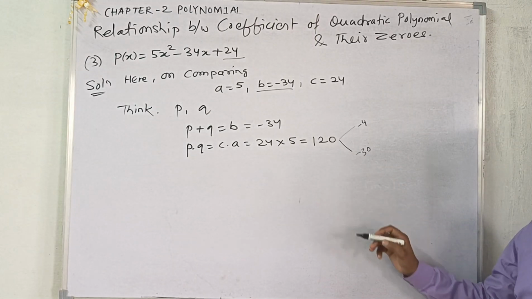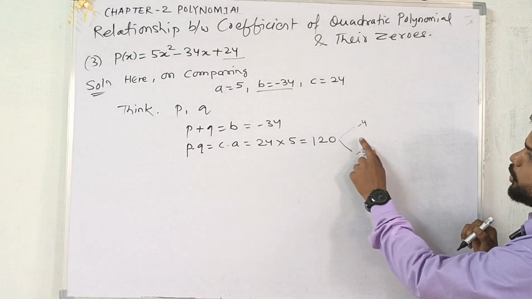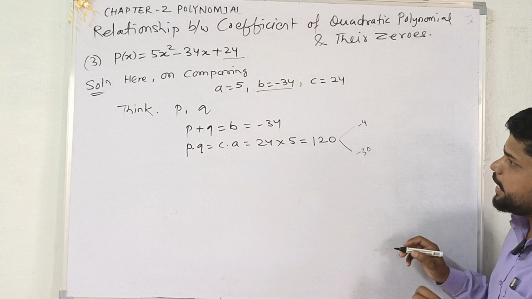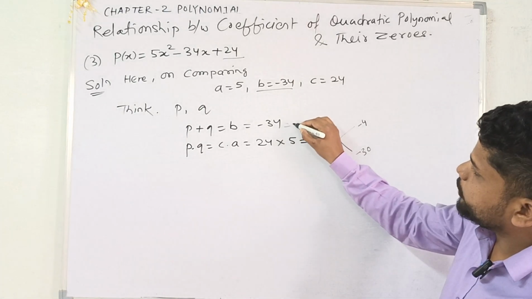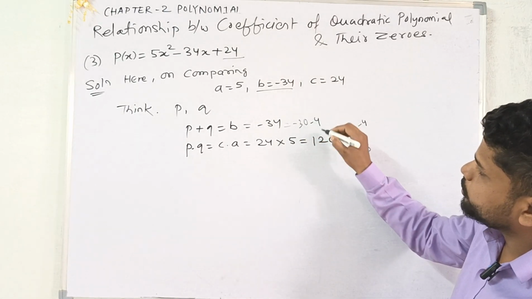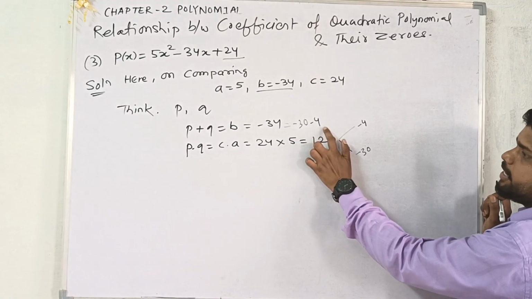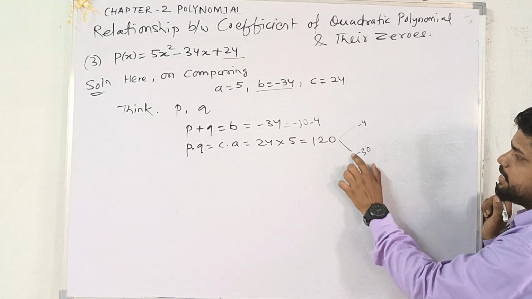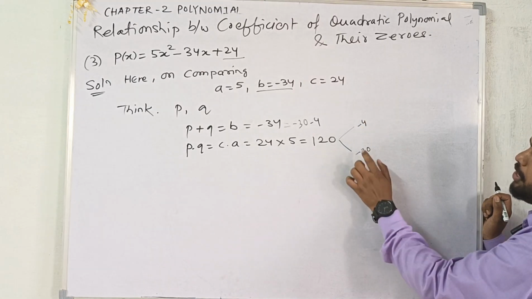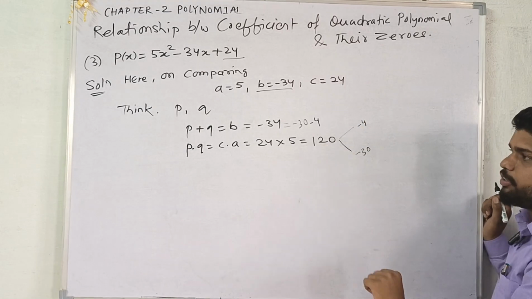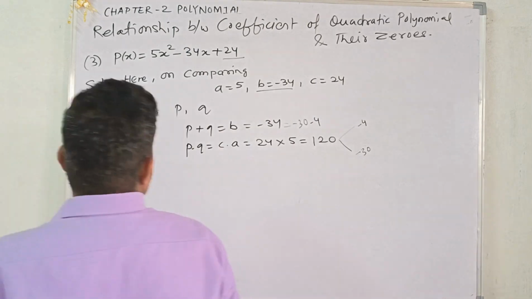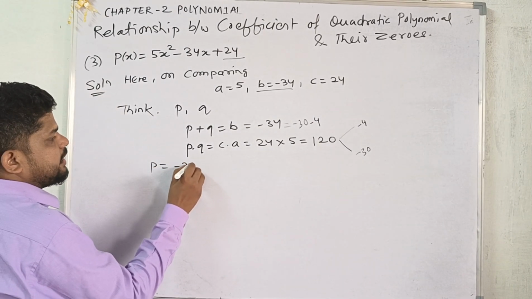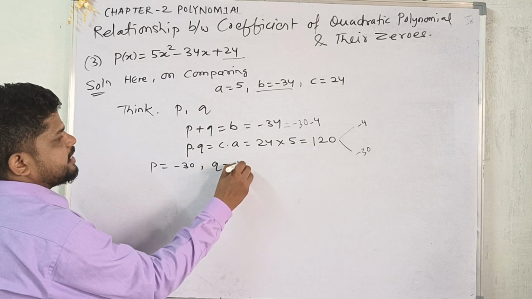The product of two negative numbers is always positive, so when we multiply minus 30 and minus 4, we get 120. On the other hand, we can write minus 34 is equal to minus 30 minus 4. So the value of P and Q is minus 30 and minus 4. So let's put the value of P as minus 30